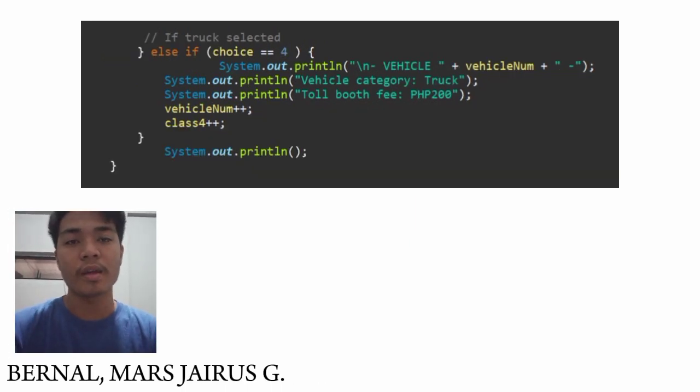In this tollbooth system, when the user selects truck, the program identifies the vehicle as a truck and prints its details, including the vehicle number, category, and toll fee of 200 pesos. It then increments the total vehicle count and the truck-specific counter. Each time a truck is processed, these counters are updated. The toll fee of 200 pesos is added to the total revenue. At the end of the batch, the program displays the total number of trucks that passed along with the total